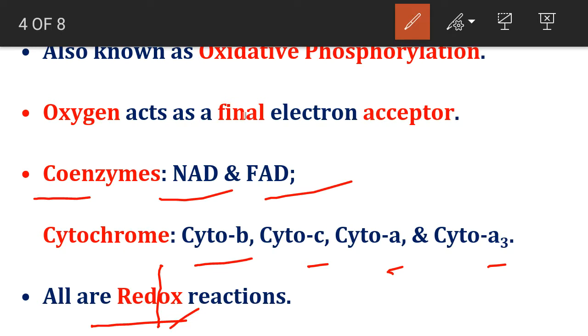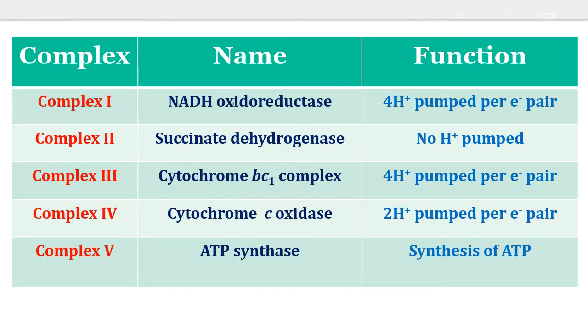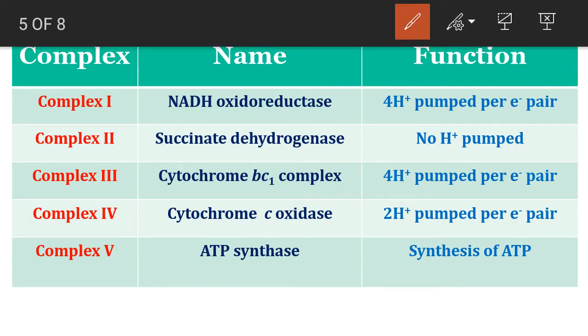So in this complete electron transport chain, a component or the constituents are going to accept the electron and lose the electron towards another component. So reduction and oxidation, in combination we can say a redox reaction. So these are the various complexes which are involved in the electron transport chain. Complex 1 is NADH oxidoreductase. Here because of oxidation of NADH the pair of electrons is going to be transferred from the complex